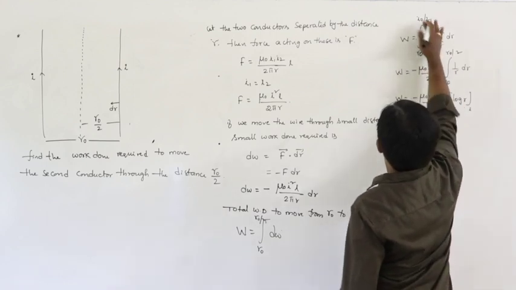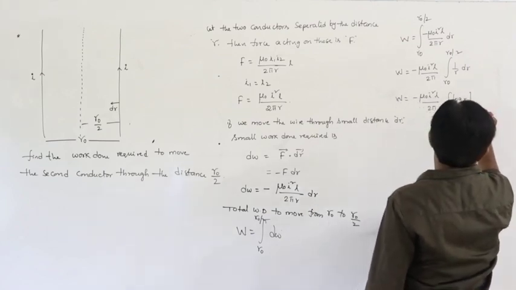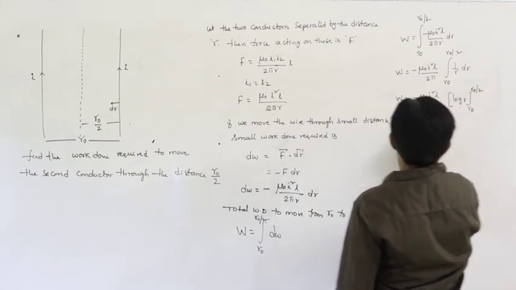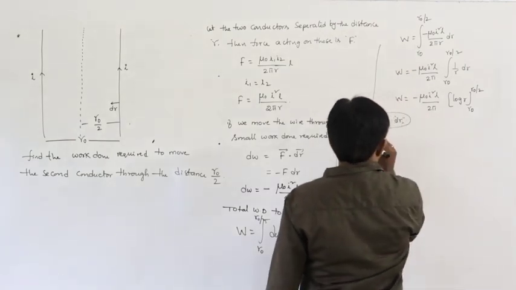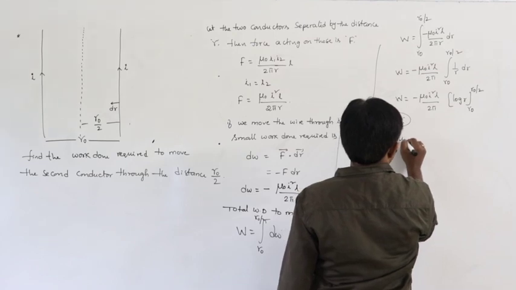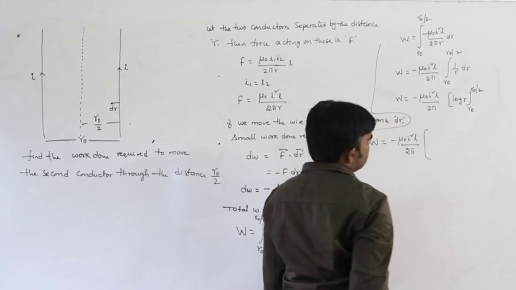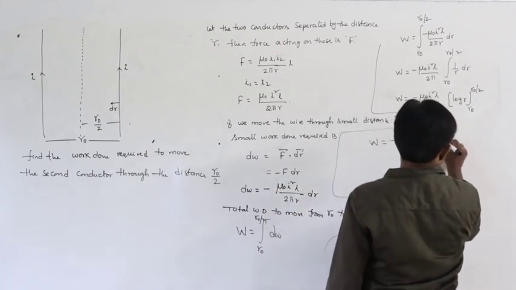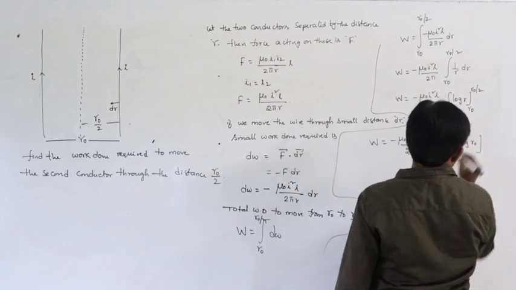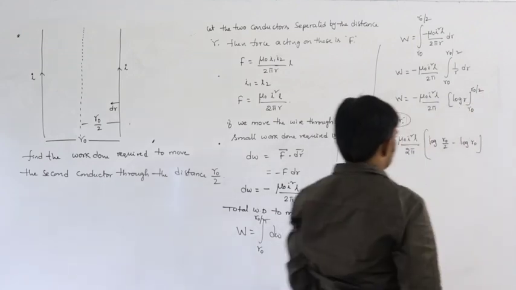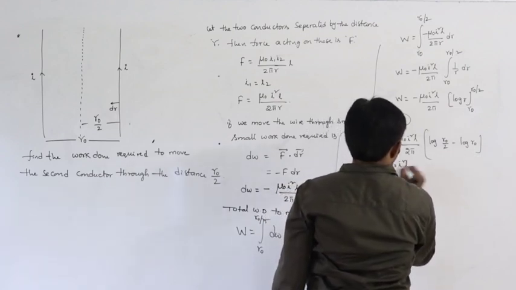R0, it's R0 by 2. R0 to R0 by 2. Then substitute the limits. So W is equal to minus mu naught I square L by 2 pi. First substitute the upper limit, log R0 by 2, minus log R0. First substitute upper limit minus lower limit. Multiply with minus here. Mu naught I square L by 2 pi